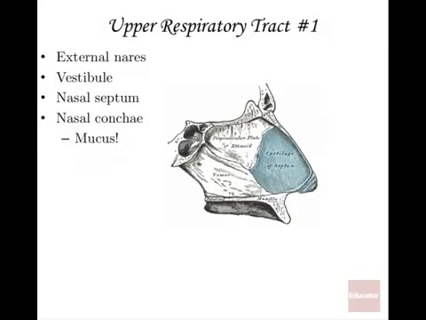So when it comes to the breakdown of what's in the respiratory tract, we can look at the upper respiratory tract and then the lower respiratory tract. So the upper respiratory tract is going to include everything from the nose down to the throat. And so if we start with our first slide here, we're going to begin with the external nares. And that is a fancy term for nostrils. So these are my external nares.